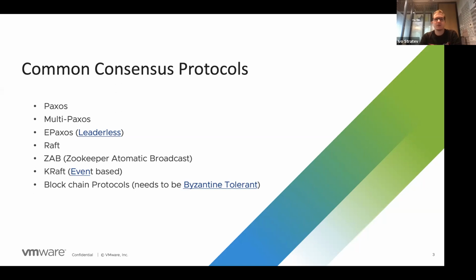Atomic broadcast is also known as total order broadcast. So this is a way to have all of the nodes in a distributed system get all of the messages in the same order eventually, but we can either have all or none, hence the atomic part.